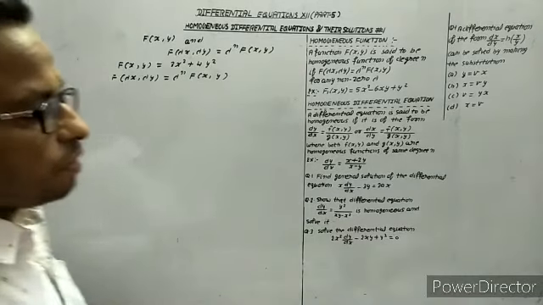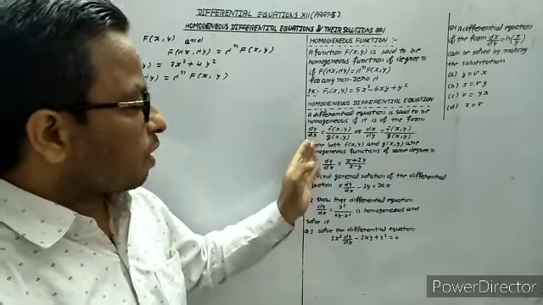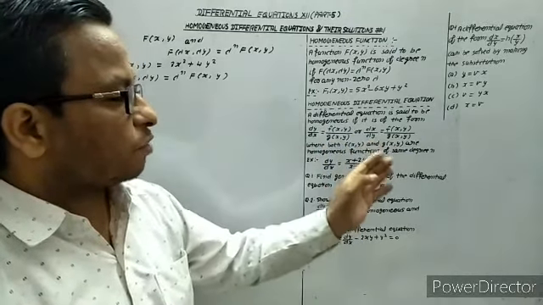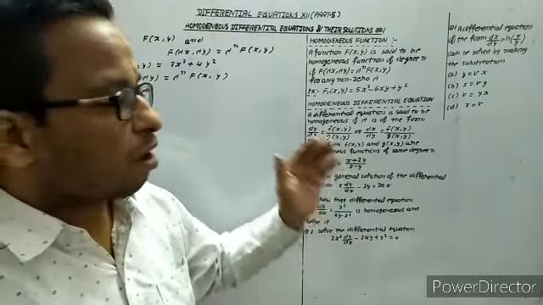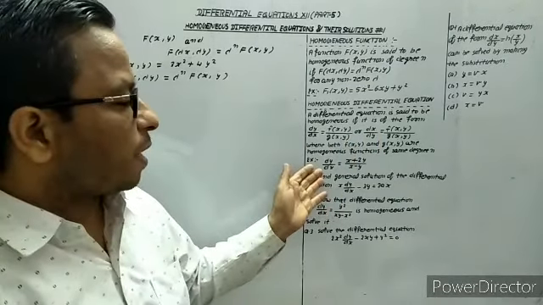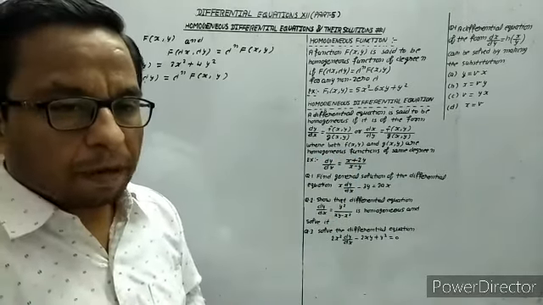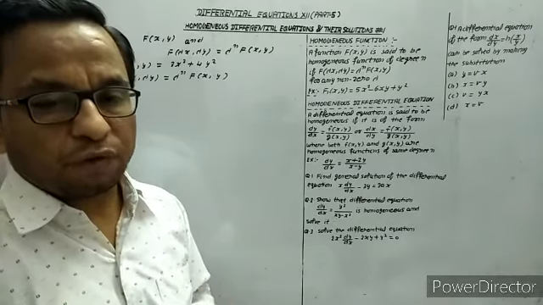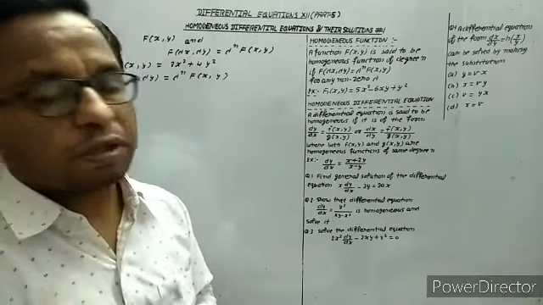Now, the homogeneous differential equation. A differential equation is said to be homogeneous if it is of the form dy/dx = f(x, y)/g(x, y) or dx/dy = f(x, y)/g(x, y), where both f(x, y) and g(x, y) are homogeneous functions of the same degree n. Look at this example: dy/dx = (x + 2y)/(x - y). Now let's start to solve some questions in which we have to find the general solution. In the next video, we will solve homogeneous differential equations in which we have to find particular solutions.